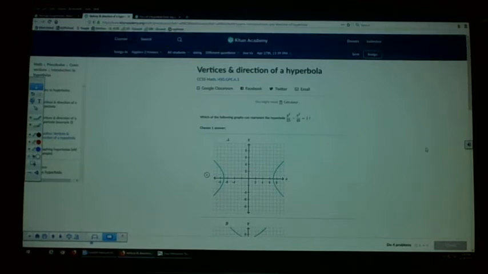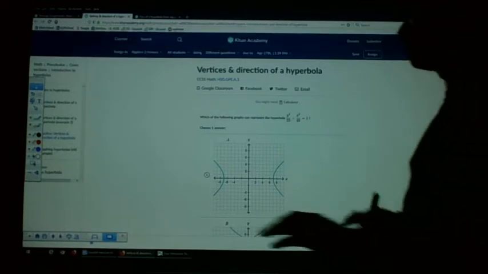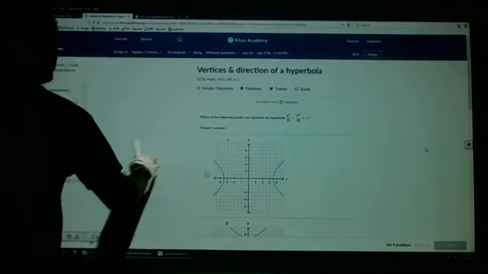All right. Sorry, this isn't my computer. Different room, so I had the projector. But